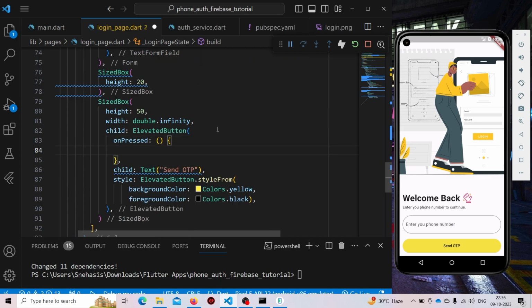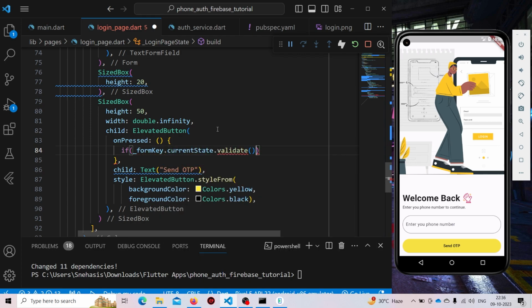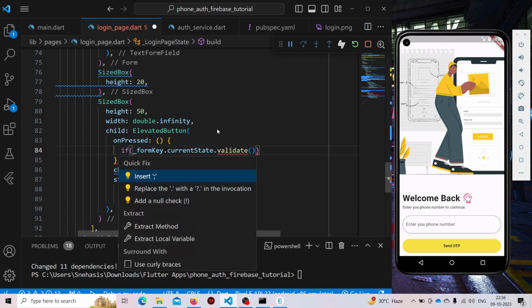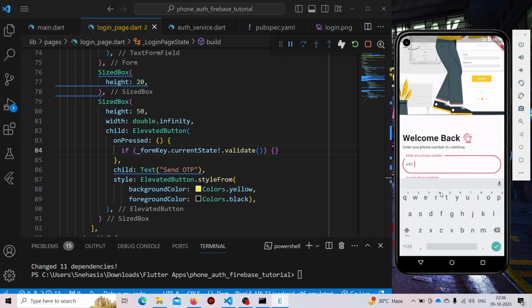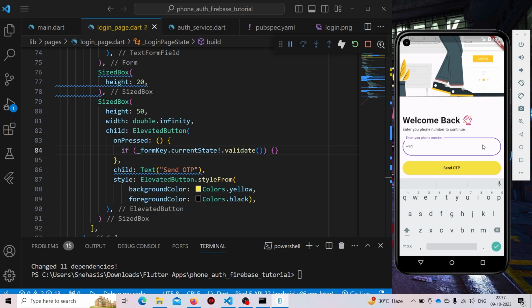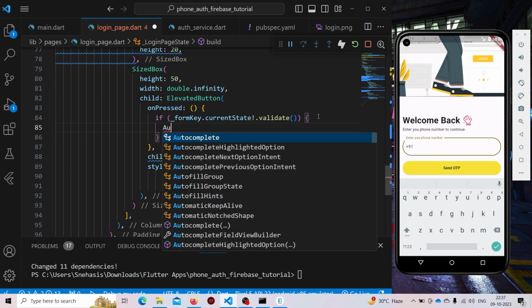Now our validation is also done. Let's just test the validation. If _formKey.currentState.validate. Now let's try to validate. Now here we are getting the error invalid phone number. The color of the border is coming purple. We can change it. Instead of our color in our color scheme, we can use Colors.yellow. Now it has changed. Now let us call our auth service